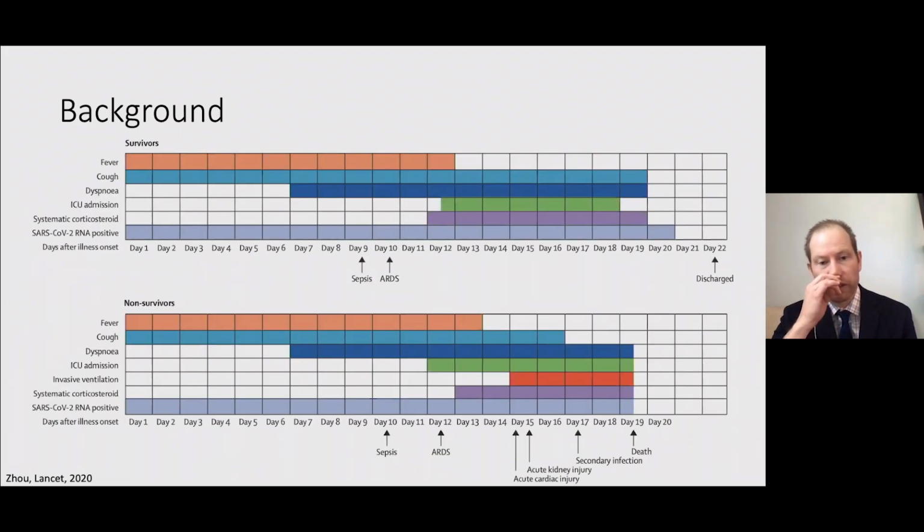When they develop critical illness, they tend to develop critical illness at about 1 to 2 weeks into their course. So these are data from China that looked at the time from illness onset to severe illness. And what you can see is that in both survivors and non-survivors, the time until the development of sepsis and ARDS in particular is somewhere in that 1 to 2 week mark from the days of the illness onset, measured from the onset of symptoms or measured from the time that the patient had a positive test.